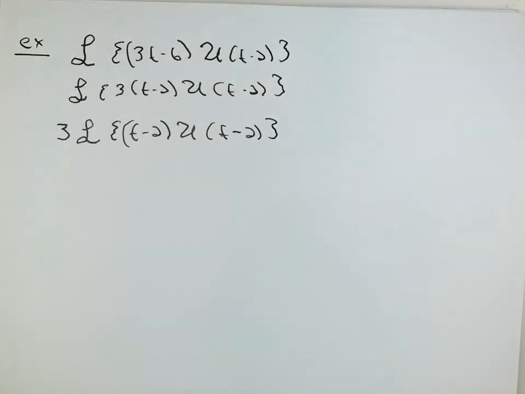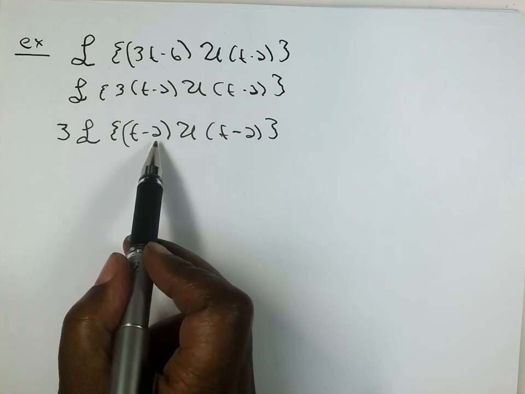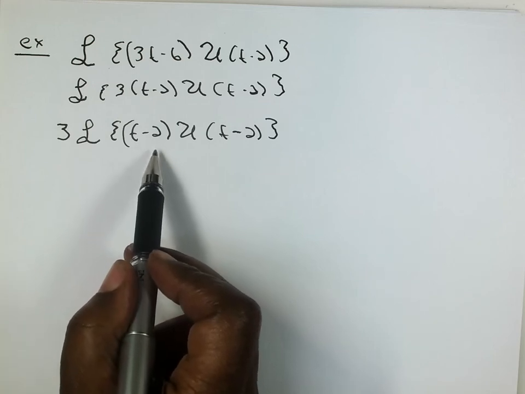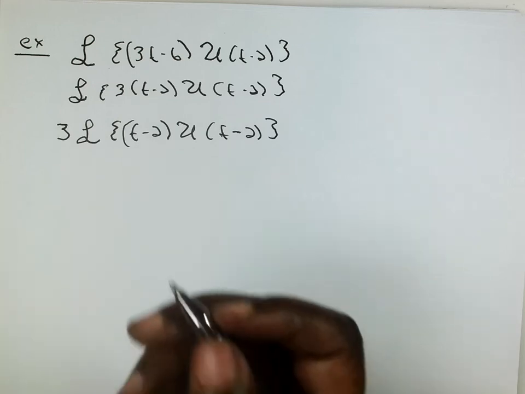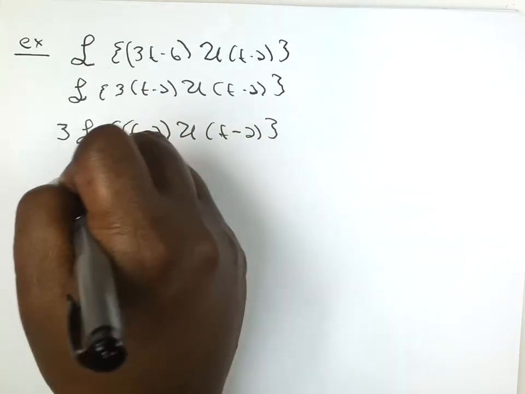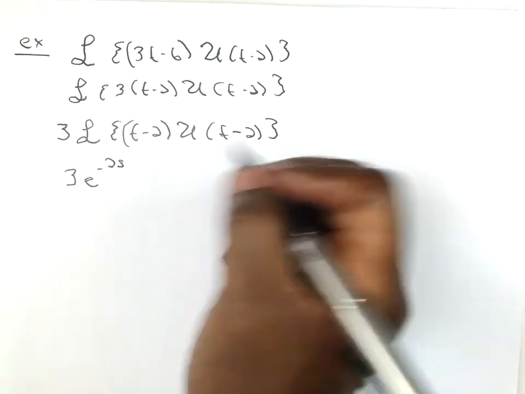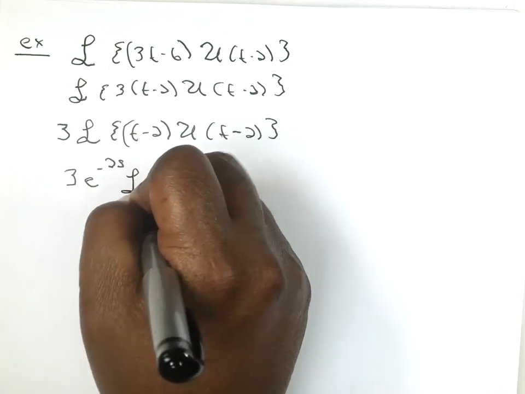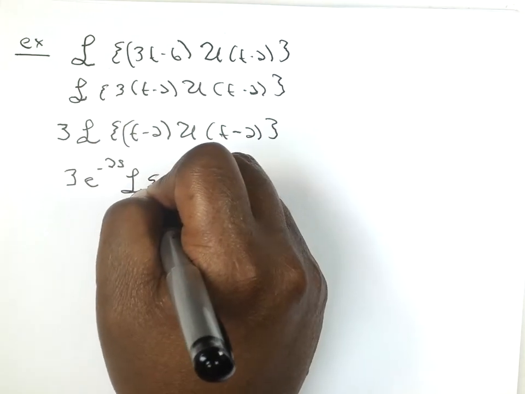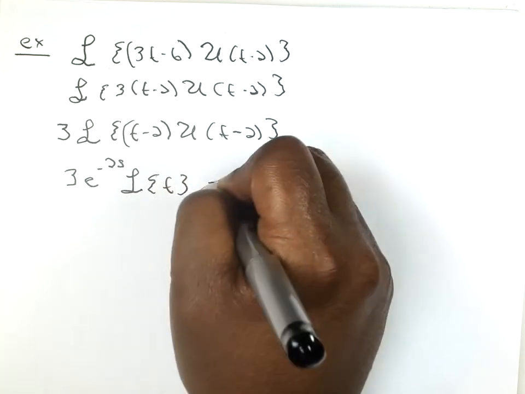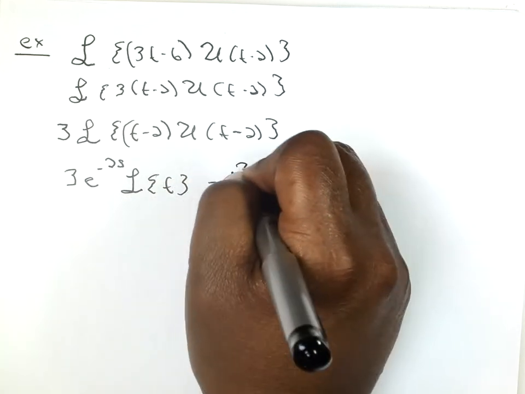Okay, so now I see this negative 2. So my a term is 2, but again, it's always the negative of it. So I end up with 3e to the negative 2s. And the Laplace transform, after that shift is taken away, it's just t, which gives me 3e